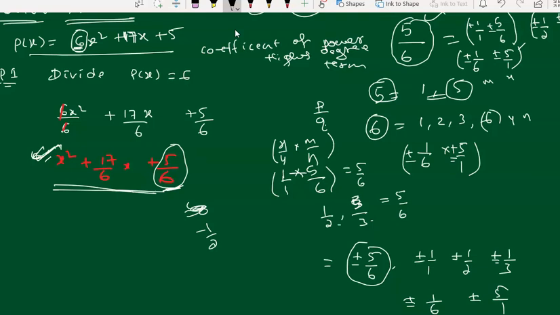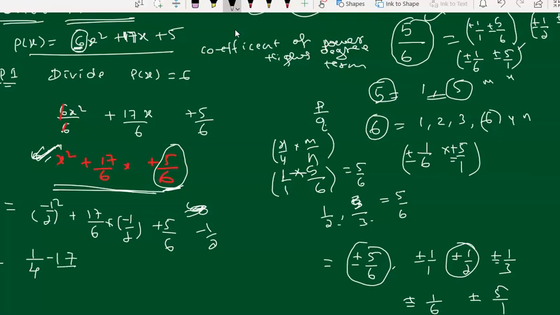let's say it is p of x, that also minus 1 by 2 here, I am putting minus 1 by 2 which I have taken from here. Minus 1 by 2 whole square plus 17 by 6 into minus 1 by 2 plus 5 by 6. Let's find out this value. Minus 1 whole square is nothing but 1 by 4 I will get. So here I will get minus 17 into 1, 17 by 12, and plus 5 by 6 only. Now which is the LCM here? 12 is the LCM because all of these numbers are multiples of each other. So everywhere you write 12.